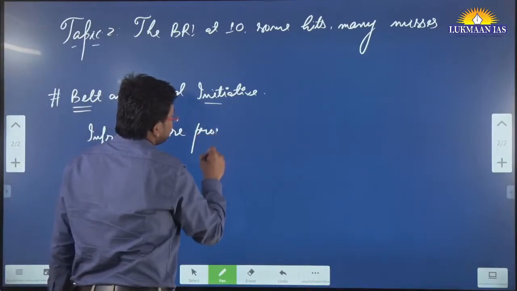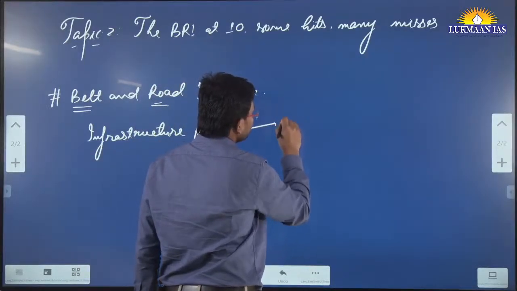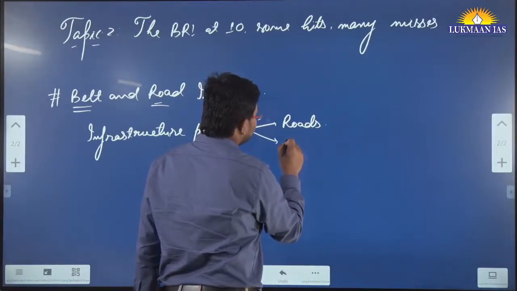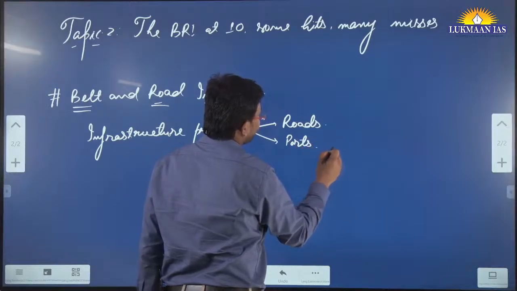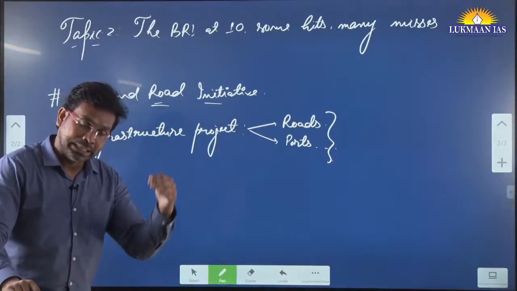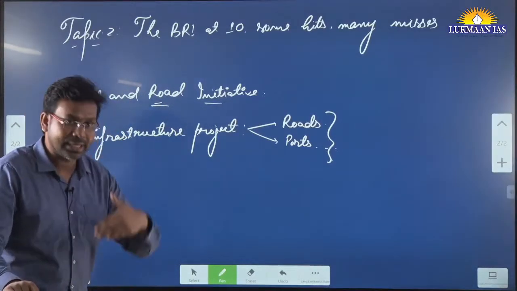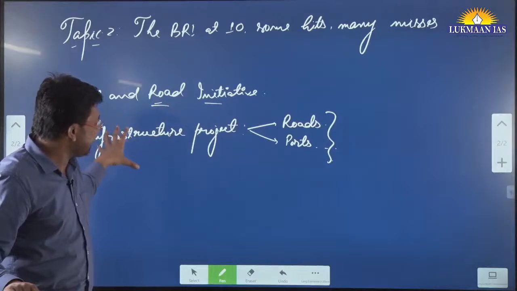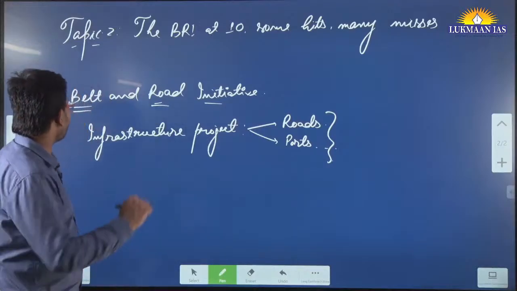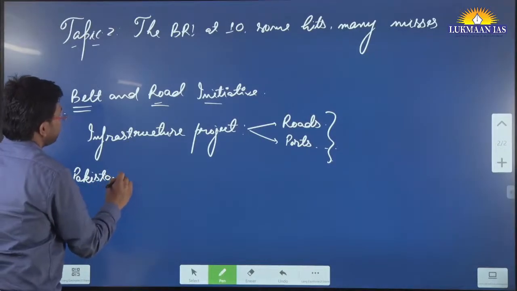Through this project, they are building roads, they are building highways, they are connecting various ports, and so through this the Chinese will be able to ship their goods, their products to other countries. They are making a connectivity project, and as part of this project they have also onboarded many countries. For example, one of the countries that they have onboarded is Pakistan.